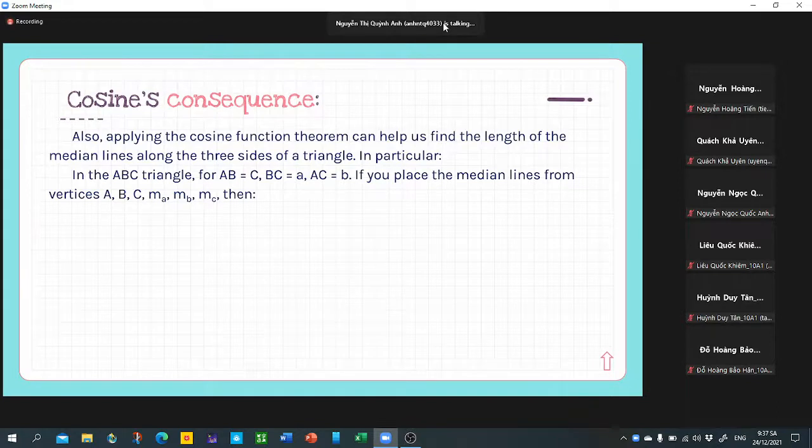Also, applying the cosine law can help us find the length of the median lines along the three sides of a triangle. In particular, in triangle ABC, BC is a, CA is b, AB is c. If we call the median lines on the sides a, b, and c, ma, mb, and mc, then we have